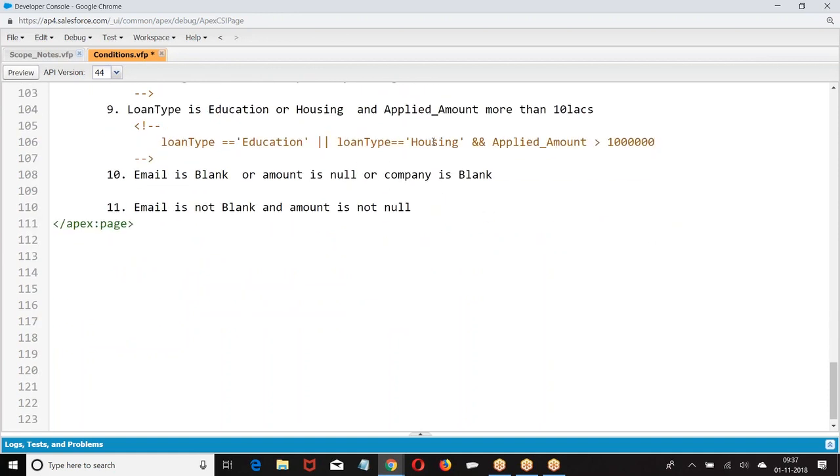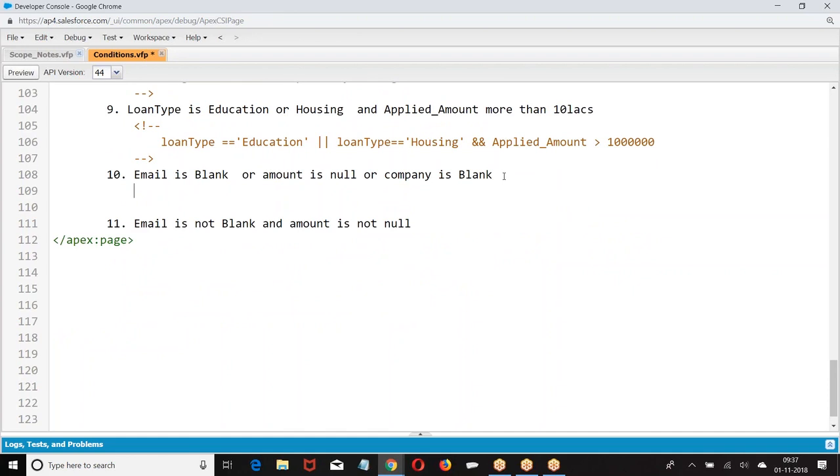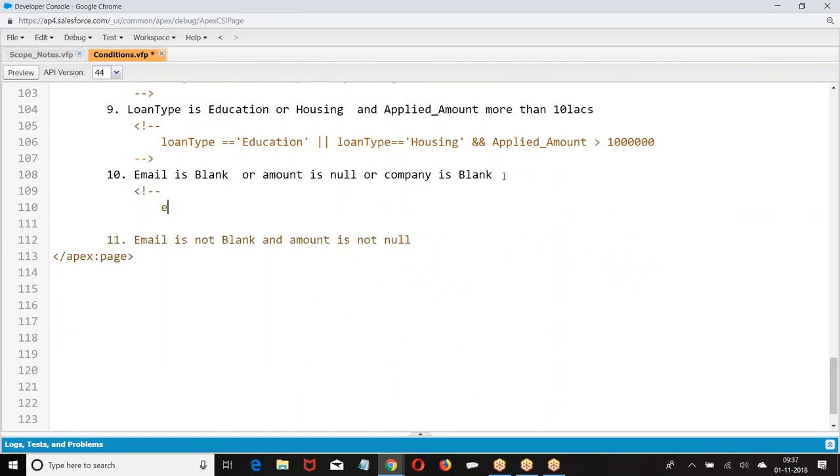Loan type education or loan type housing, and applied amount greater than. Now blank. Email is blank. Email equal to blank: open the single quote, close the single quote. It's a blank. Or amount is null.